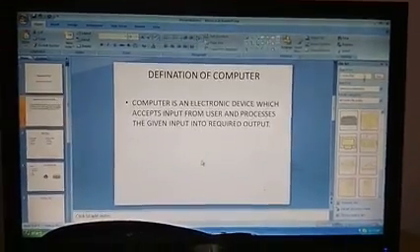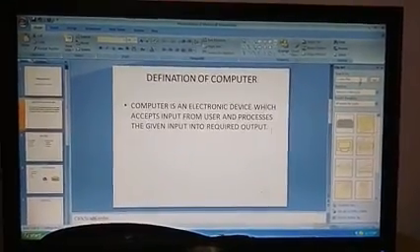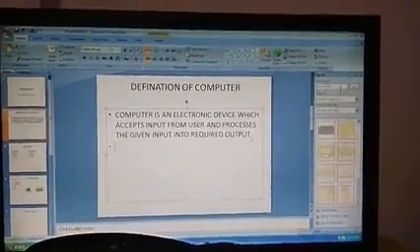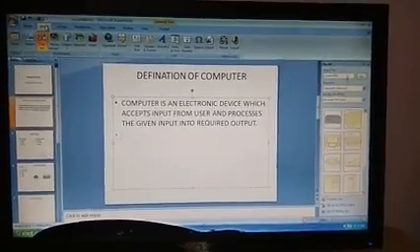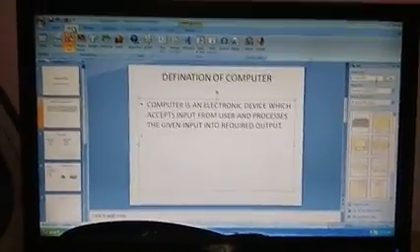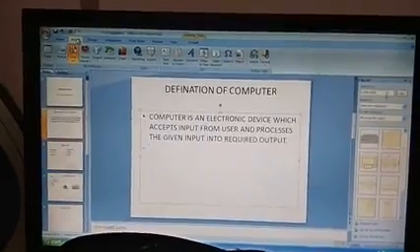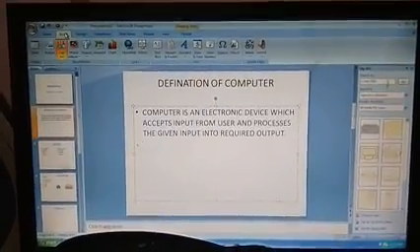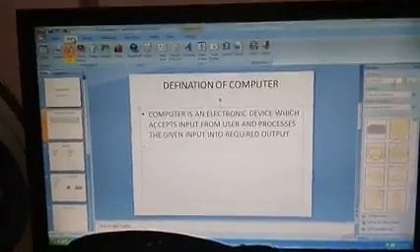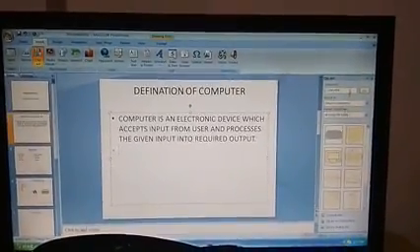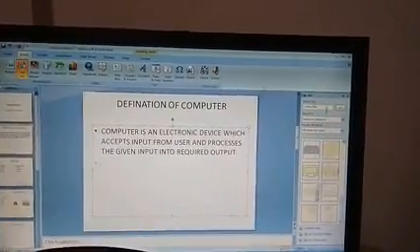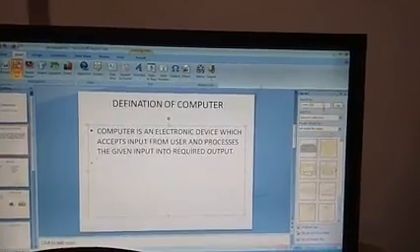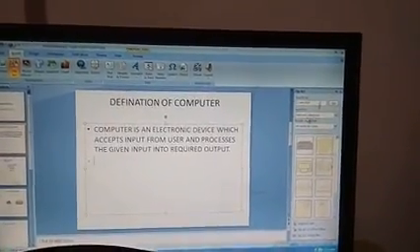So suppose at this location, if I want to have a picture of a computer, how am I going to insert it? I go for the insert tab over here. In 2003 you have an insert menu. Go to the insert menu, and there you go for the clip art option. Once you go for the clip art option, you will see this task pane at the right hand side of my monitor over here, where I am moving my mouse.